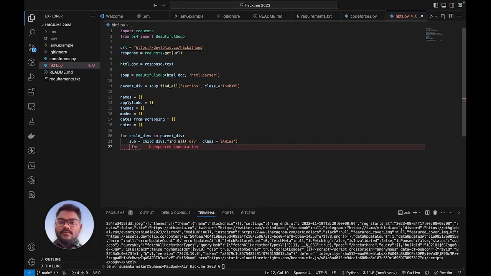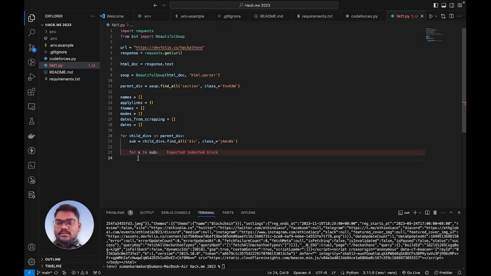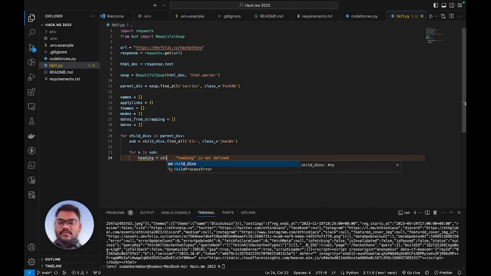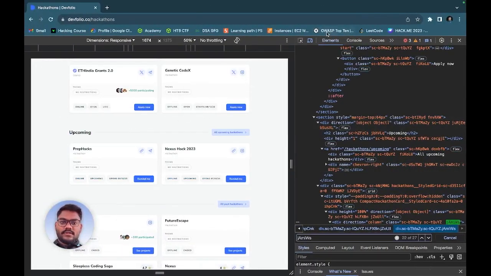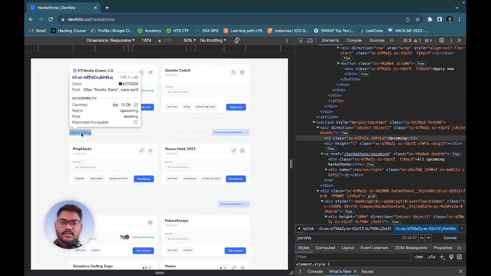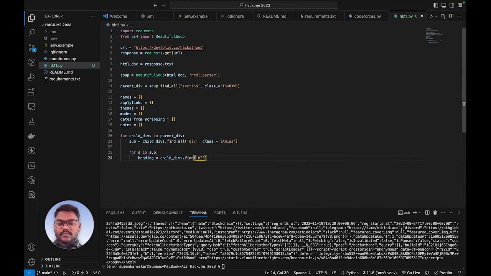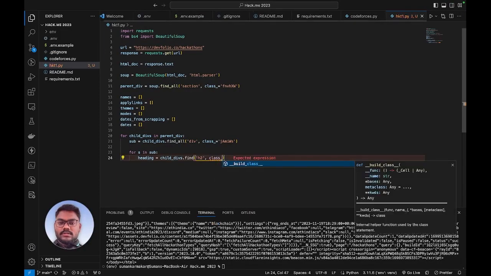Now we'll use another for loop. So we will capture the heading that is upcoming. So heading is equal to child divs dot find. You can say heading is in our h2. If I take it here, this upcoming heading, you can say this is our h2 class. So we will capture that h2 part, h2, and class name